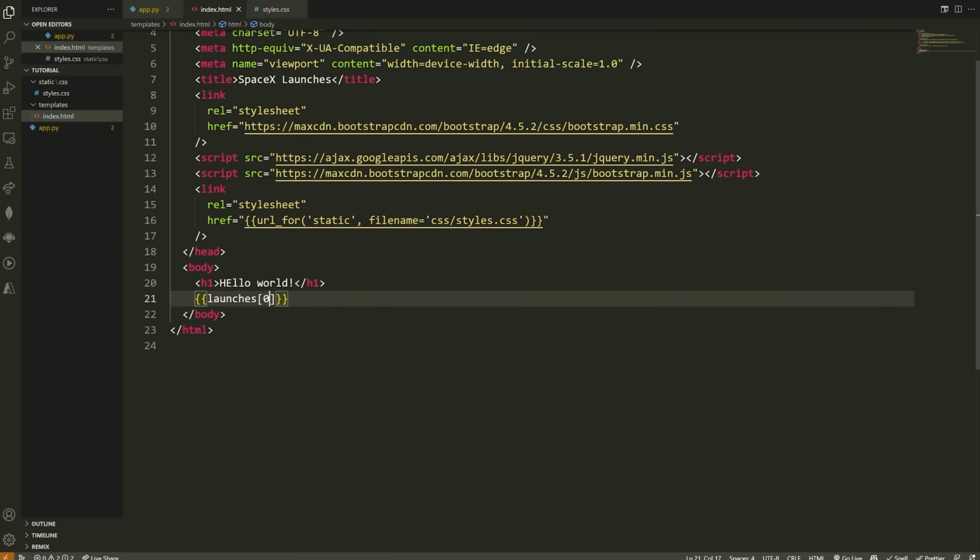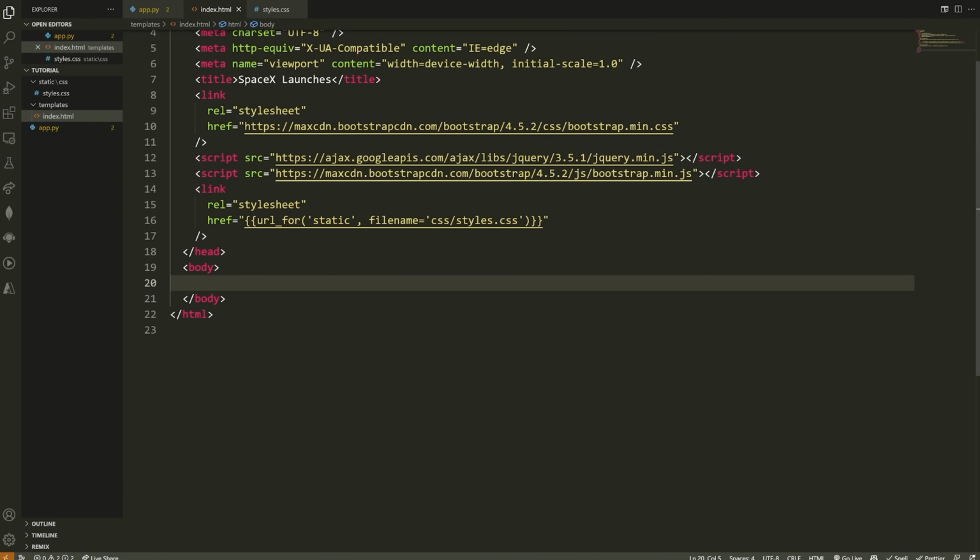So I could do something like launches 0 dot, accessing whatever key I want, and I could display that to the screen. So let me show that to you now. What we're going to do is loop through all of the different launches and just display them in some random order. Then we can actually sort them, and we can start displaying them in a bit more organized manner. All right, so to do this, to be able to actually loop through all of these launches